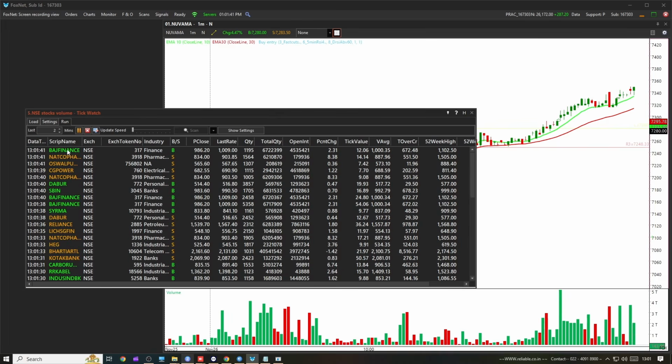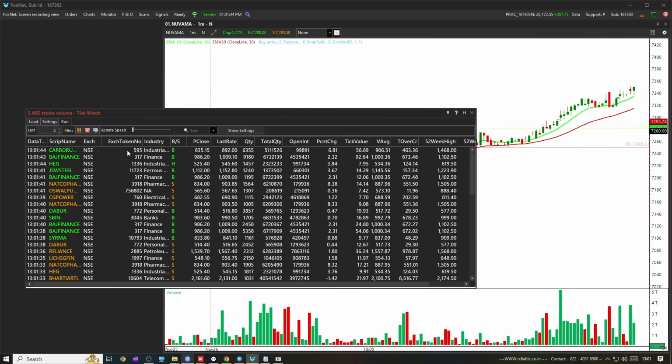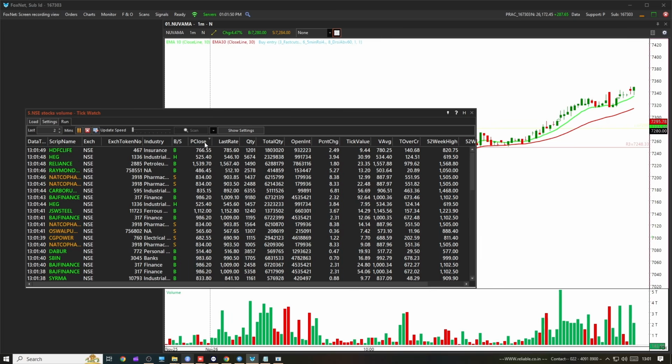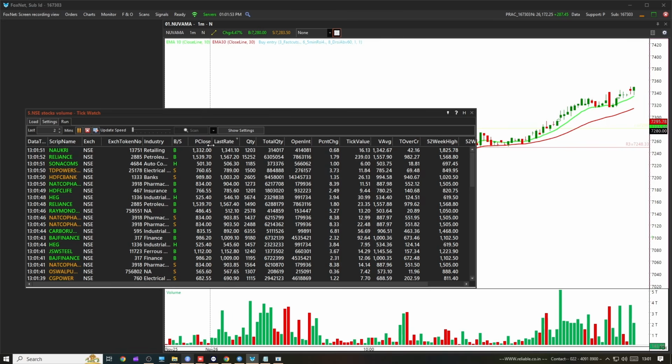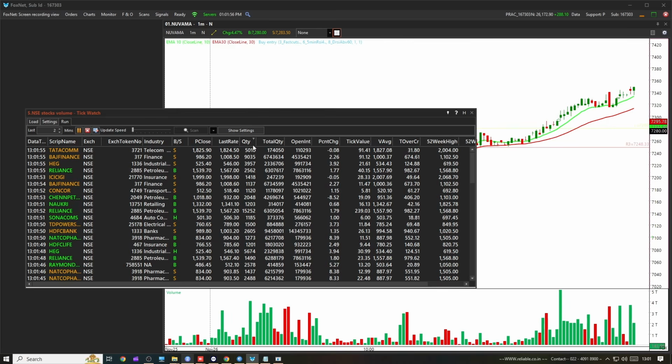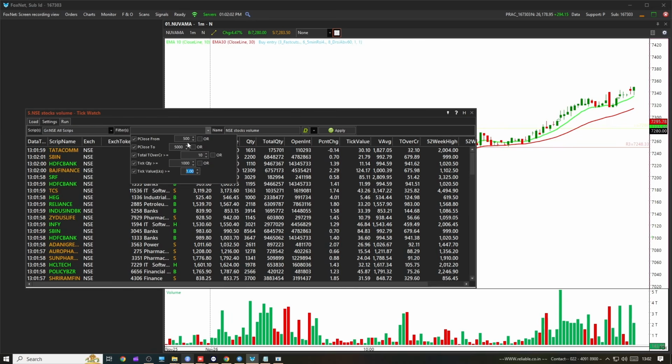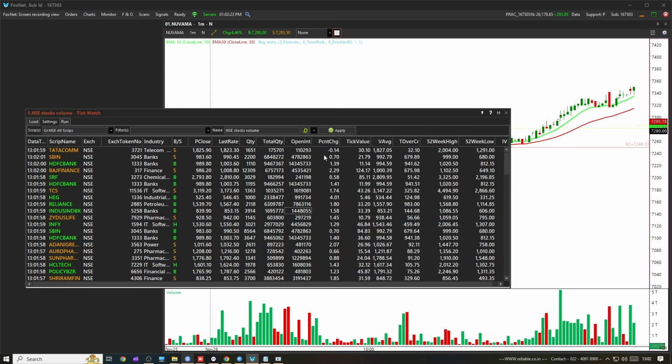Here's the date, time, script, exchange code, exchange token number, here is the industry of the stock, the previous close, here is the last trade, here is the previous day close, here is the total quantity of the whole day, here is the trade quantity. You remember we put over here at least 1000. So here you can see single trade quantities of 12,000, 8,500, 3,600 plus. I have given at least 1000 quantity, and the value of that quantity should be at least 1 lakh.